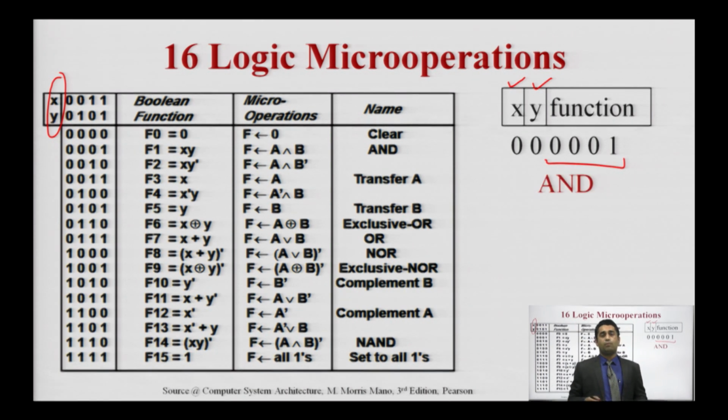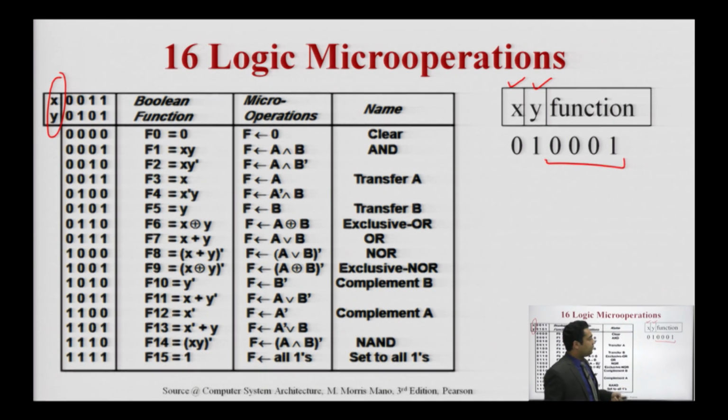What will happen if I change the value, say I change the input Y to 1? Are you seeing any difference in the function code? No. The function is still the same, 0 0 0 1, which represents the AND, but I am changing the input value. So here the input X is 0, Y is 1, and we perform the AND operation on X and Y, depending on the values we pass. So 0 AND 1 is 0, but the operation we decide is the AND operation. I hope now you understand the concept of inputs and the functions which we are using here.